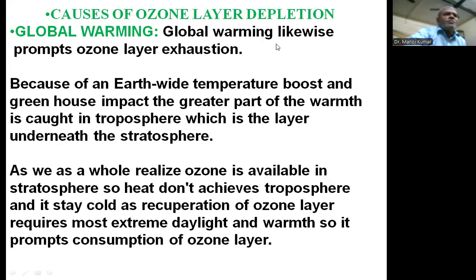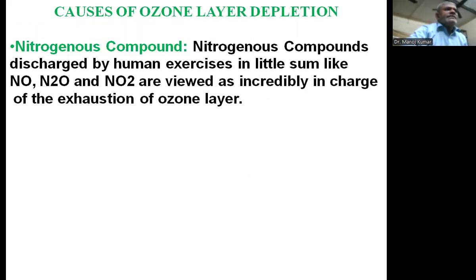Another cause of ozone layer depletion is global warming. Global warming also leads to ozone layer depletion because of the global temperature rise and the greenhouse effect. A great part of the Earth's heat is caught in the troposphere, which is the layer below the stratosphere. As we know, ozone is present in the stratosphere, so heat does not reach it and it stays cold. As the reconstruction of the ozone layer requires maximum sunlight and warmth, this promotes depletion of the ozone layer. Another cause is the